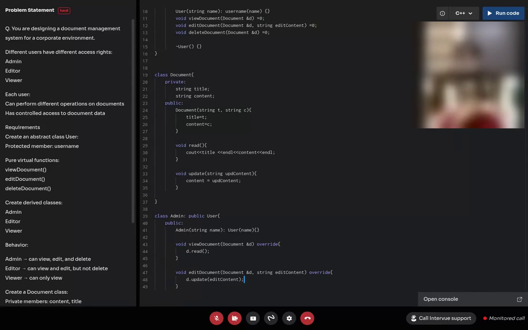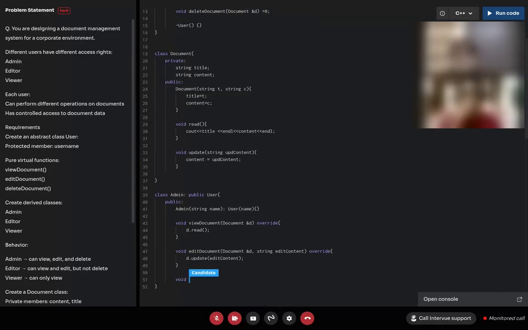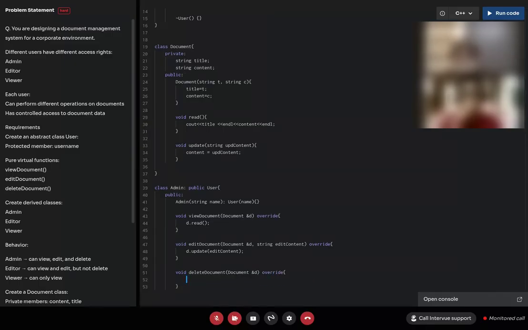So for delete document, I'll have Document and D again, override, and we'll do d dot content equals blank.